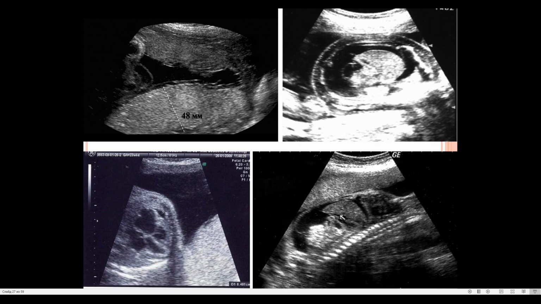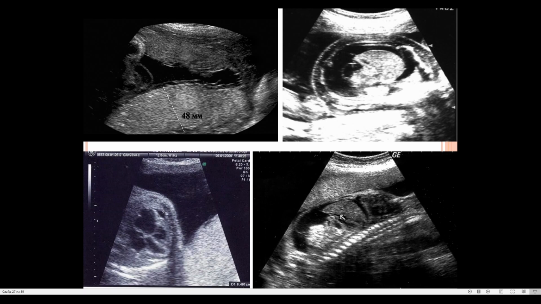On the upper left picture you can see a very thick enlarged placenta with homogeneous consistency, and pay attention, this placenta is measured to be 48 millimeters thick. Normally, you know, it is less than 1 cm. In the upper right picture you can see hydropericardium, a small amount of fluid near the heart, and hydrothorax, collection of fluid in the thoracic cavity. That black color around the heart indicates collection of fluid.